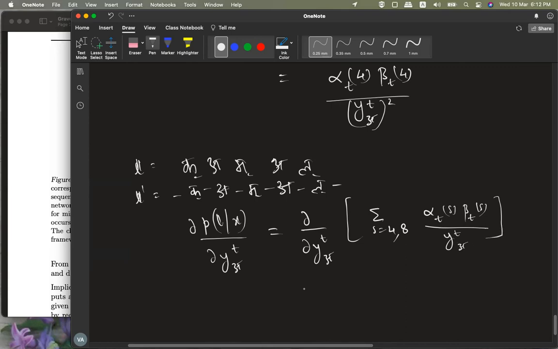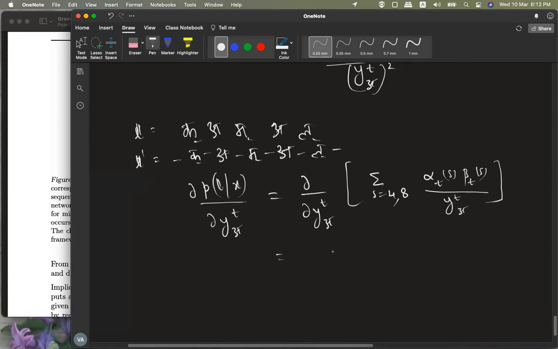Right, and the same thing will follow. The derivative will remain the same. It will be simply alpha_t(s) beta_t(s) divided by the square of y_t, and you get both the terms, s equal to 4, 8. Right? So in this way, you have computed your derivative with respect to the